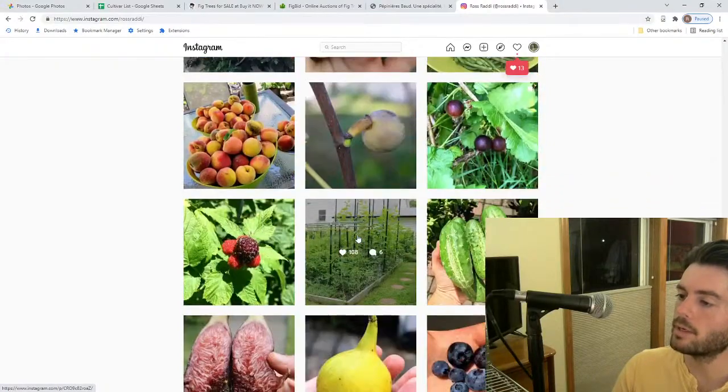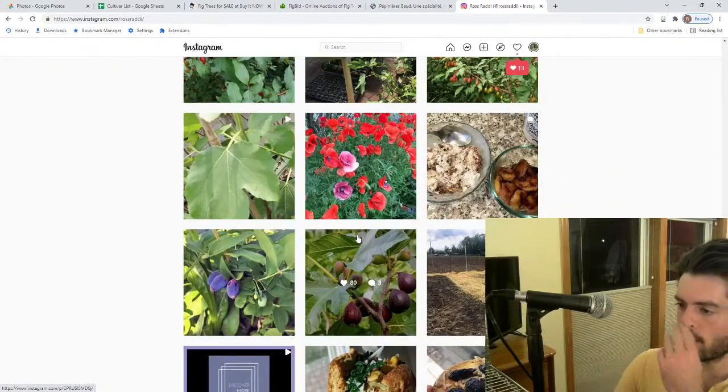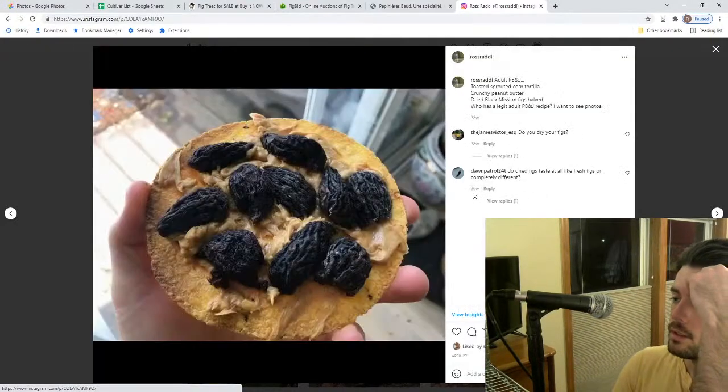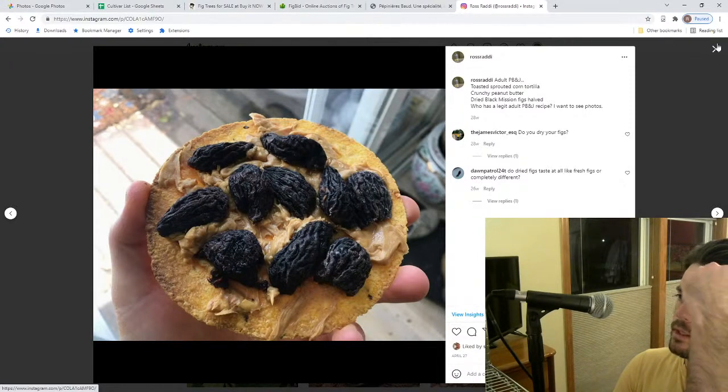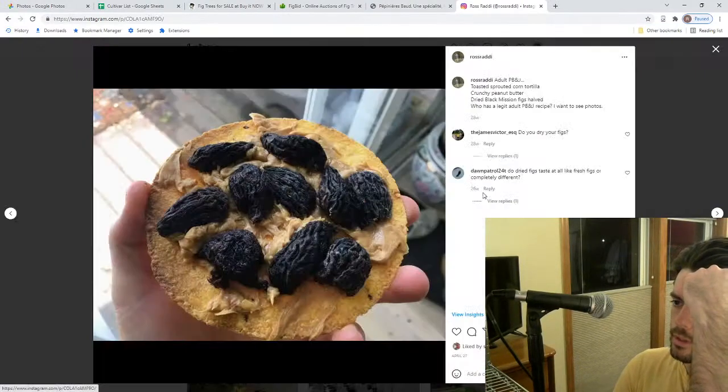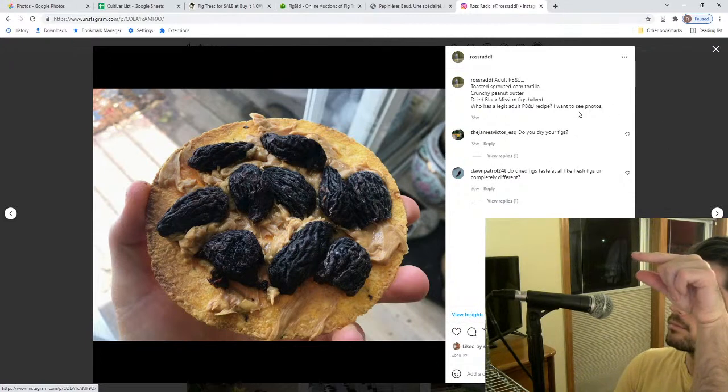I know I posted about this recently, I think, this past winter. Or we talked about it this past winter. These are good. These are dried mission figs that I ended up getting from ShopRite, which is a local grocery store by me. This is the ShopRite brand. And no, that's wrong. That's absolutely wrong. This is Black Mission figs from this